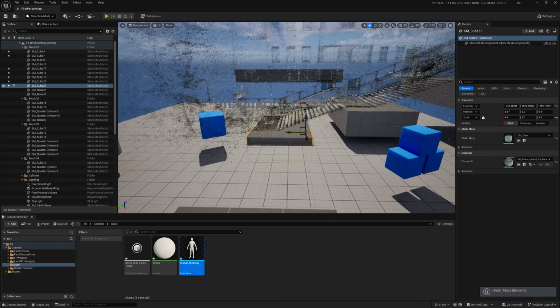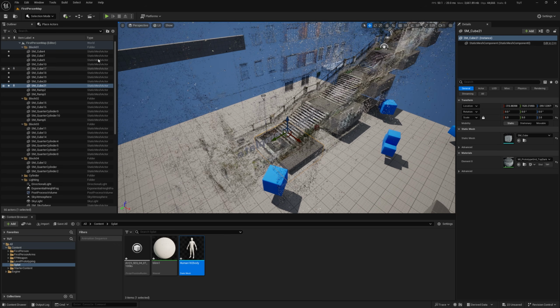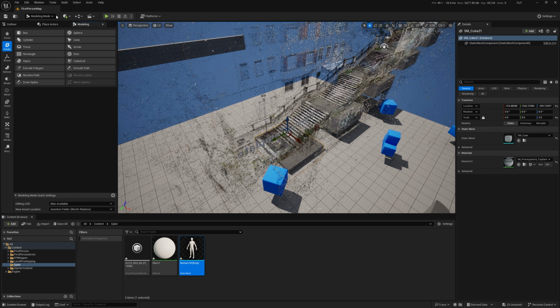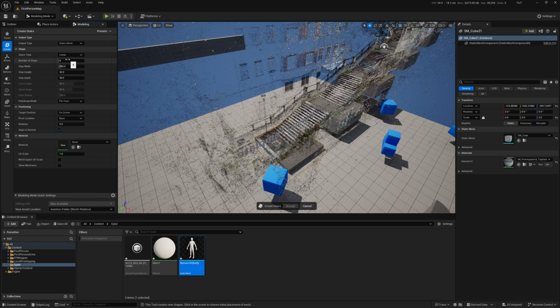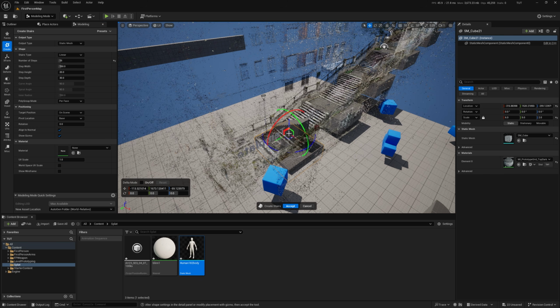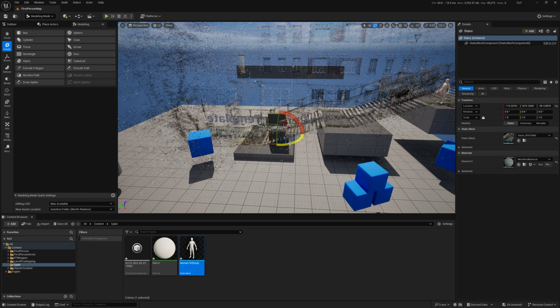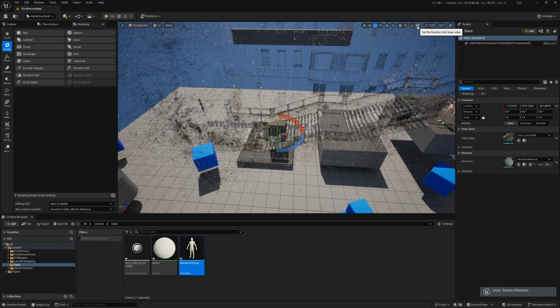So we are just really not modeling anything. We are just moving stuff around, and we are going to continue to use that, because even if we switch to modeling, we're not going to model anything, because there is already something created as a primitive that works for us. So let's just make more steps, something like this. Maybe we want it this time. I don't really like snaps, but